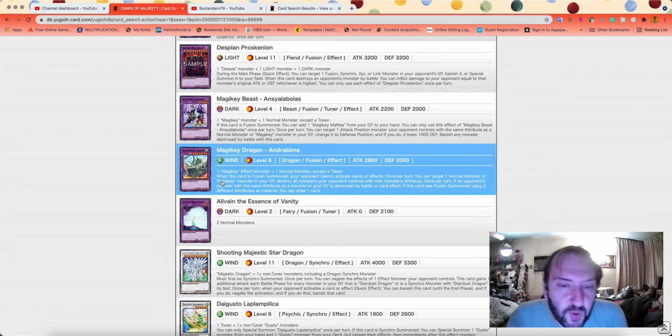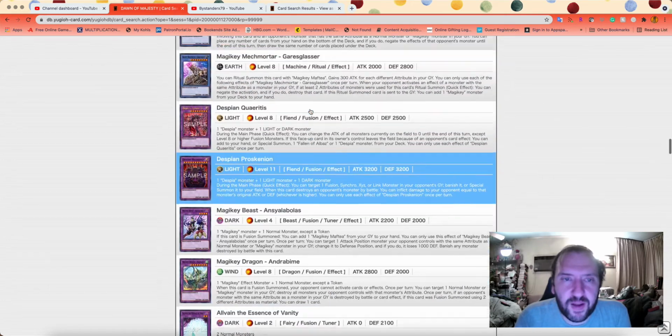When this card is Fusion Summoned, your opponent cannot activate cards or effects, so you're locking down your opponent's responses. Once per turn, you can target 1 normal monster or Magic Key monster in your graveyard. Destroy all monsters your opponent controls with that monster's attribute. Once per turn, if an opponent's monster with the same attribute as a monster in your graveyard is destroyed by battle or card effect, if this card was Fusion Summoned using 2 different attributes as material, you can draw 1 card. Okay, so it's kind of similar to the effect of the